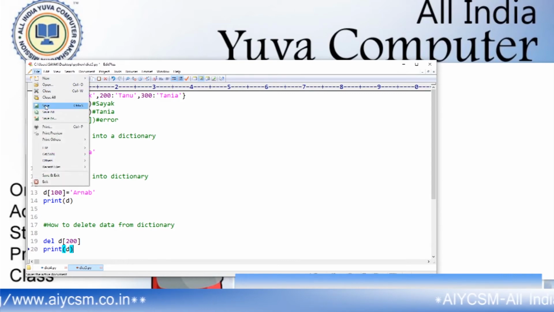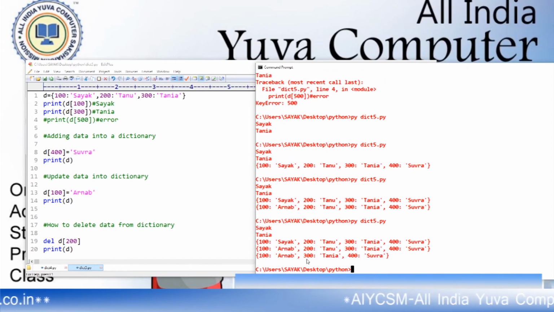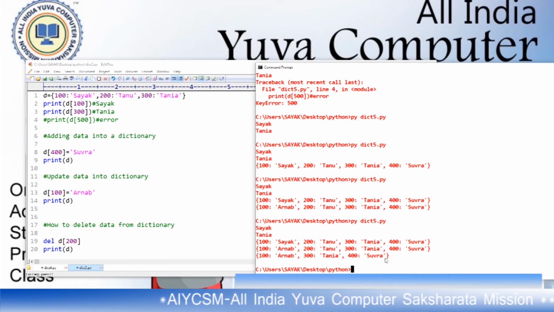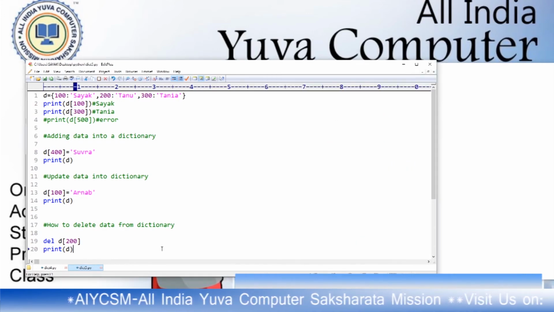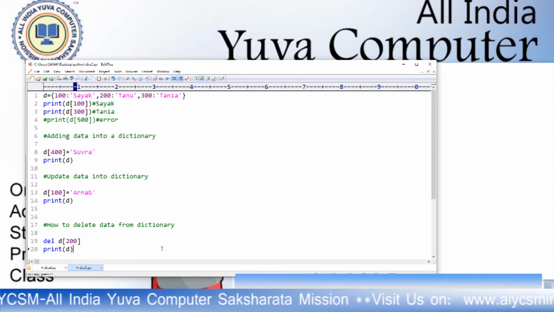This item will be deleted. You will see that now the item which had the key of 200 and the value of Tanu is deleted. Okay. If there is a problem, if you want to delete an out of range value, then you will get an error.